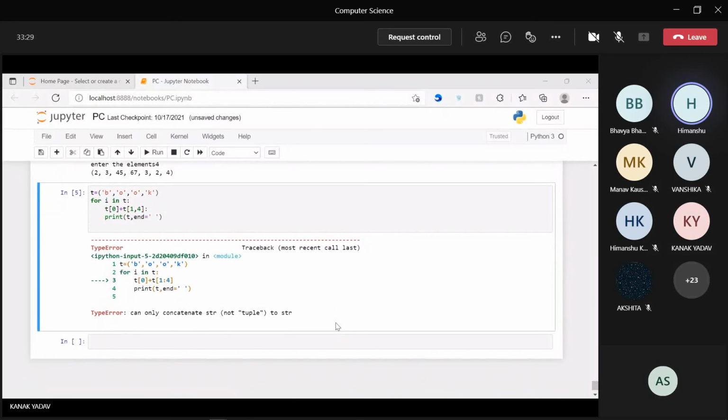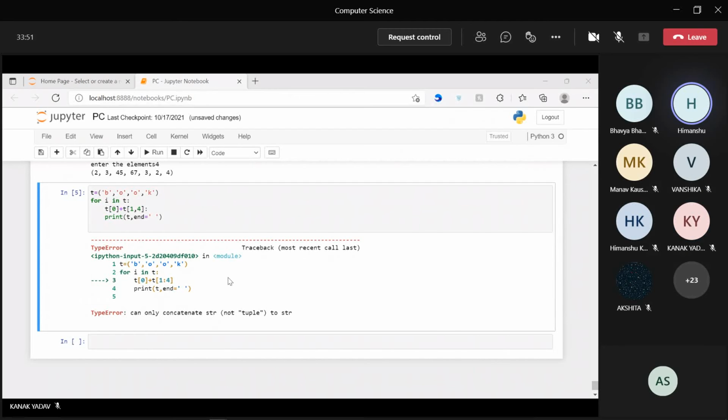It's visible, dear. What you have done is this: TypeError, can only concatenate str, not tuple, to str. Okay. So this means it won't work on string within the tuple.